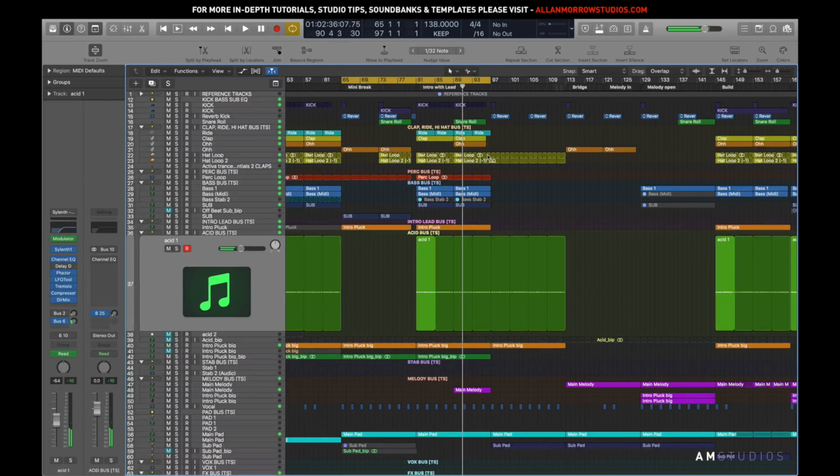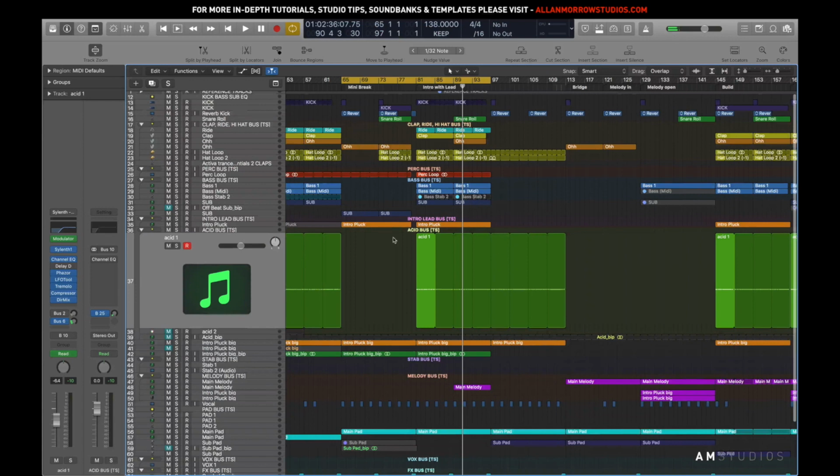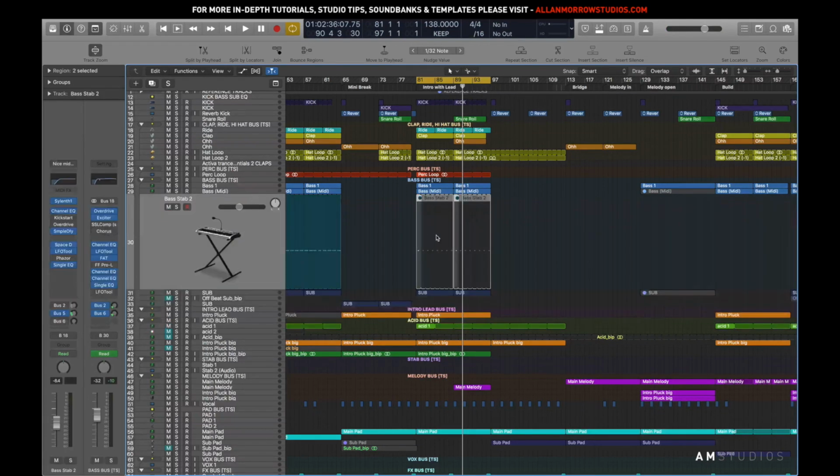Okay, so it's not finished at the moment, but in this area, it can get quite busy. I've already actually done it, but what I'm going to show you is certain elements. As you start to come into this section, you'll find there's a lot of elements in there. You want the drive and stuff, but certain elements can clash with each other. Now you'll notice on this section here, I've taken away this bass sound